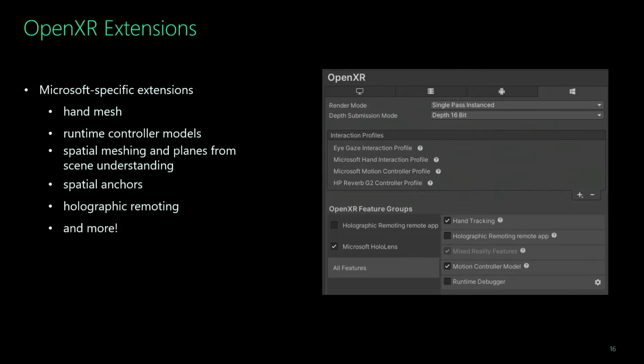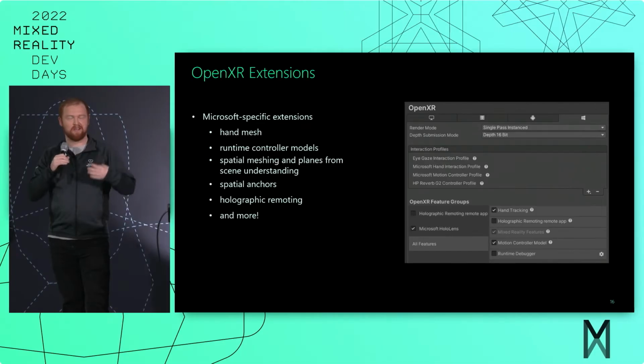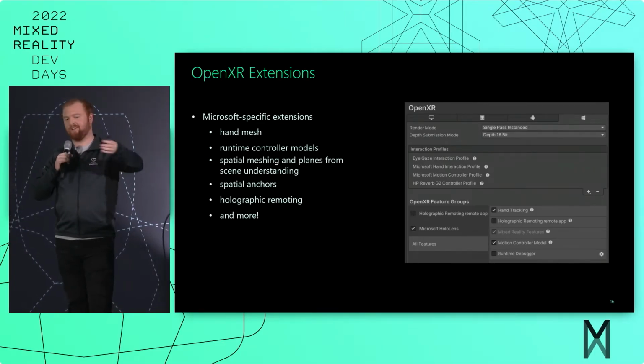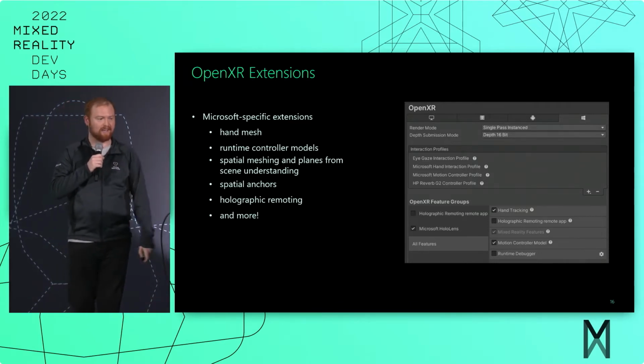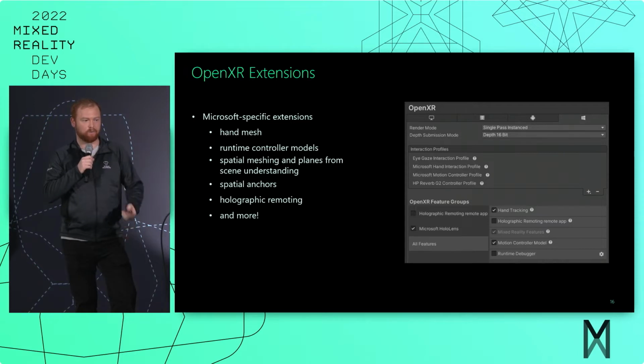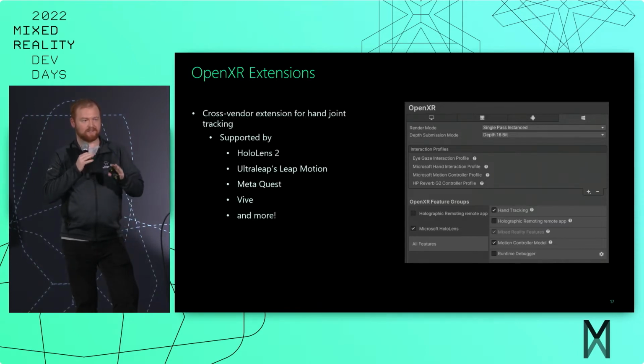Really, the Mixed Reality OpenXR plugin package lists a decent number of the actual features that they add: hand mesh, runtime controller models, spatial meshing and planes. Our holographic remoting support ships in this package as well. So it's all the things you would expect that a HoloLens 2 or our immersive headsets can support. But we also, as we mentioned offhand, ship support for the cross-vendor extension for